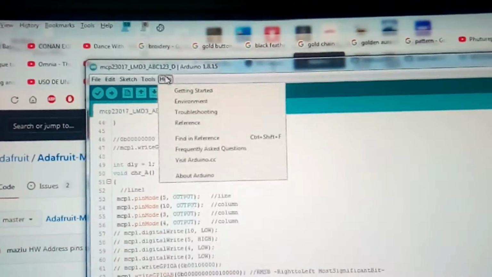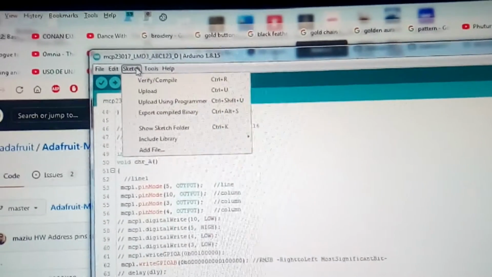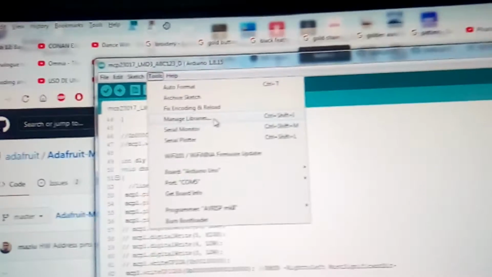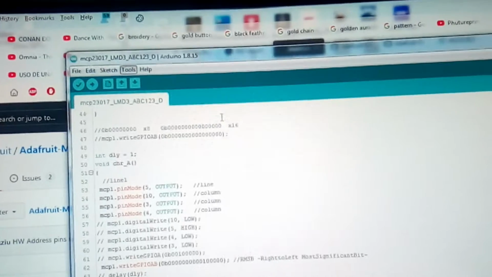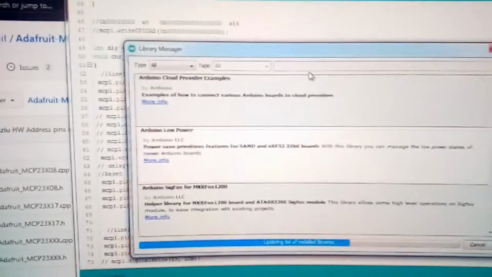So here in Arduino, I'm not sure. Yeah, I think I can show sketch. No, where are you? Manage libraries, yeah, and here that's